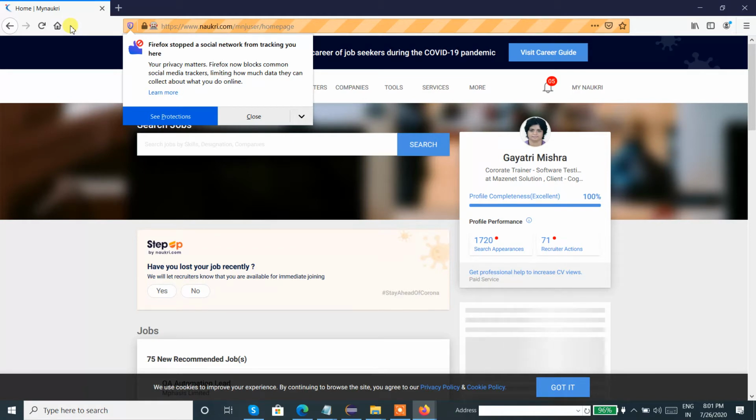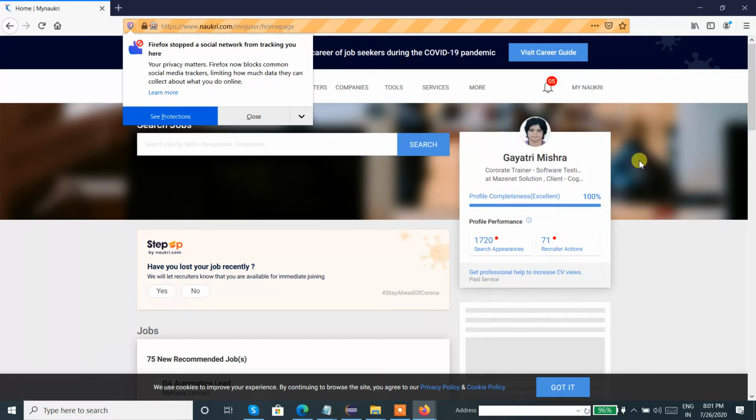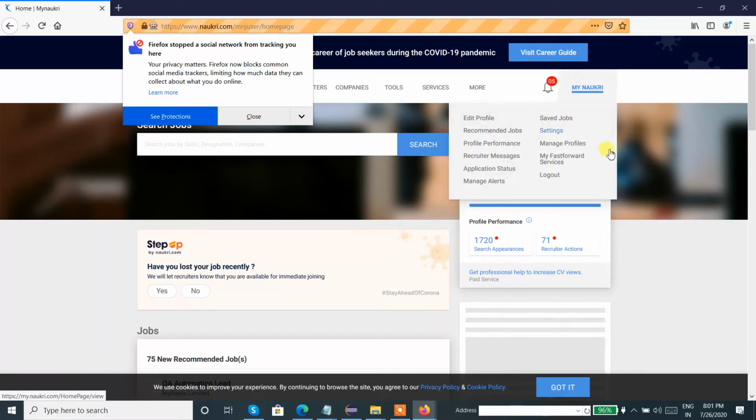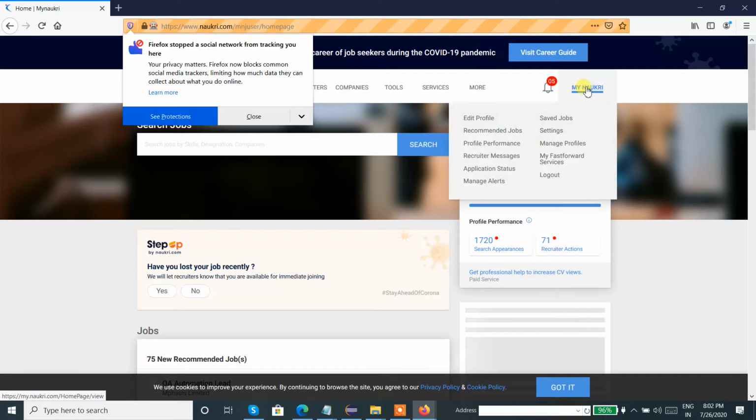Fine. Now from this step onwards, just notice here, My Naukri is a web element where we need to keep the mouse like this.